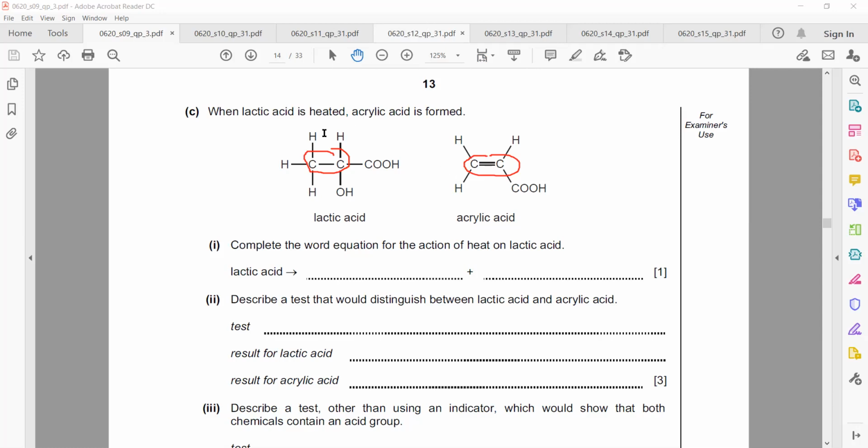Yes, react with halogens, or simply you can mention bromine. Add bromine. With lactic acid, no change. But with acrylic acid, it will decolorize. Means the color of the bromine will disappear. Why will the color disappear? Because